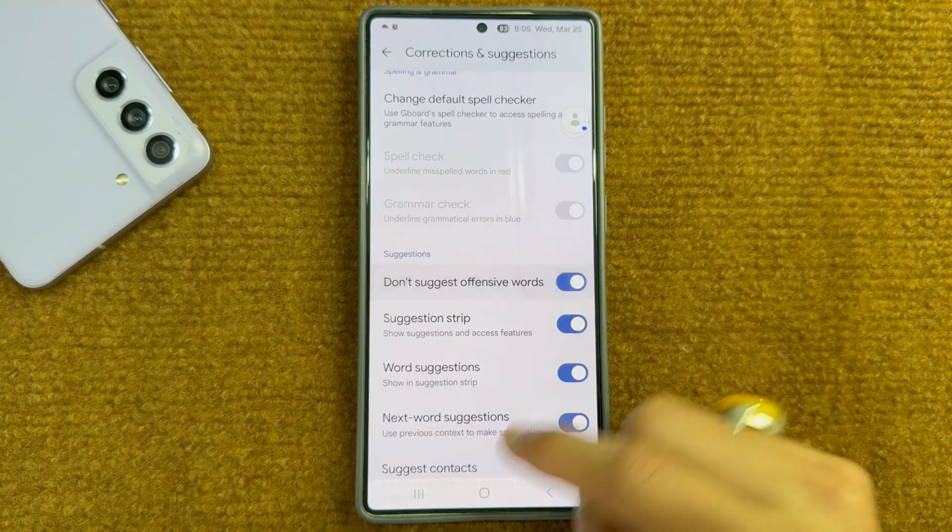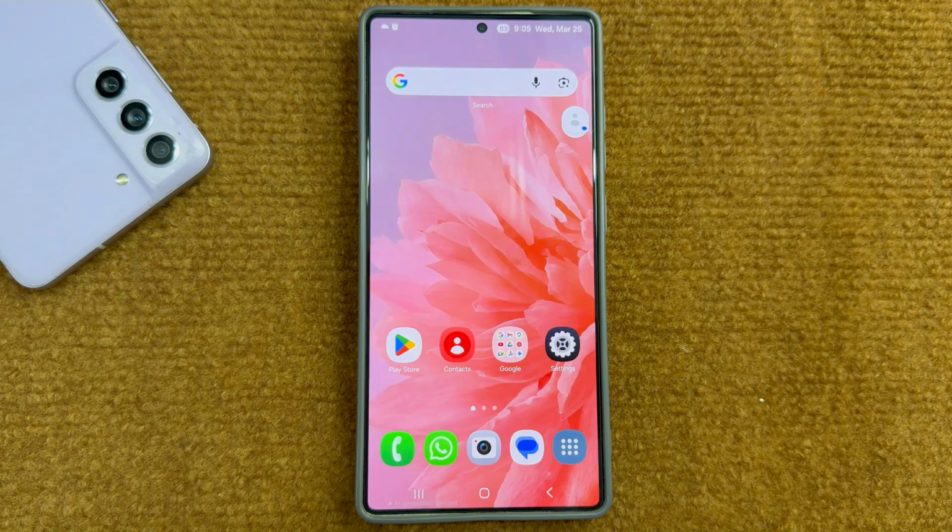After the process, go back to home screen. So that's how you can turn on or turn off block offensive words on Gboard, Google Keyboard on Samsung S26